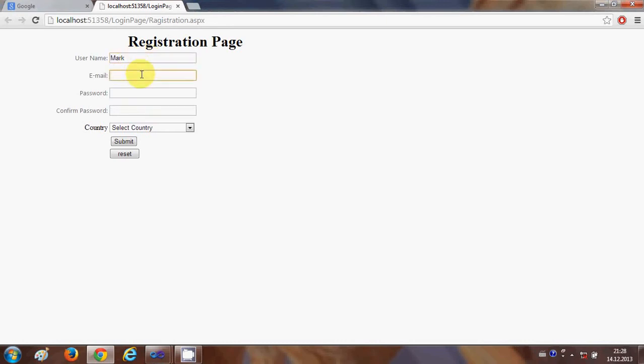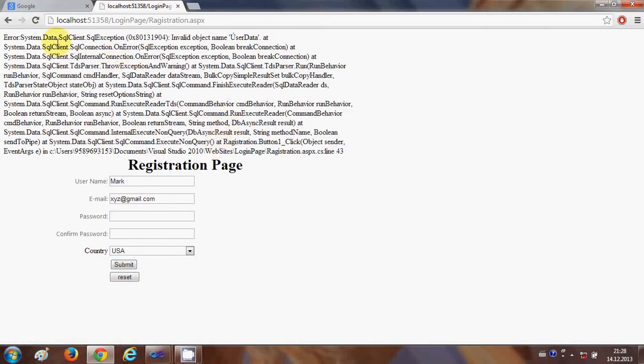So write Mark, which is the new user, and then email ID xyz@gmail.com is okay for now. Password 12345, confirm password 12345, select the country USA for example, and I say submit,